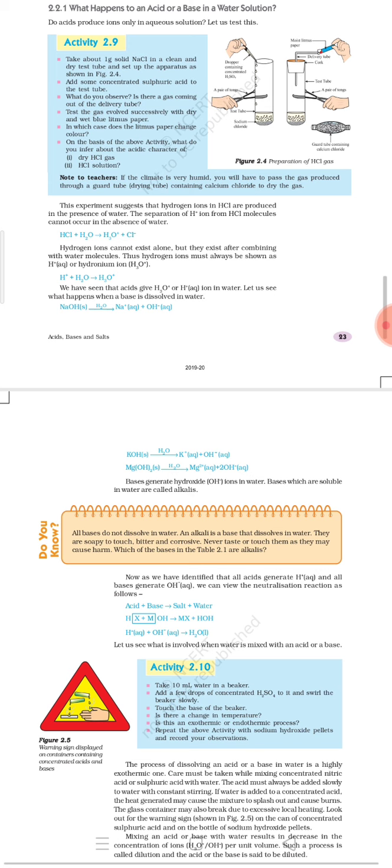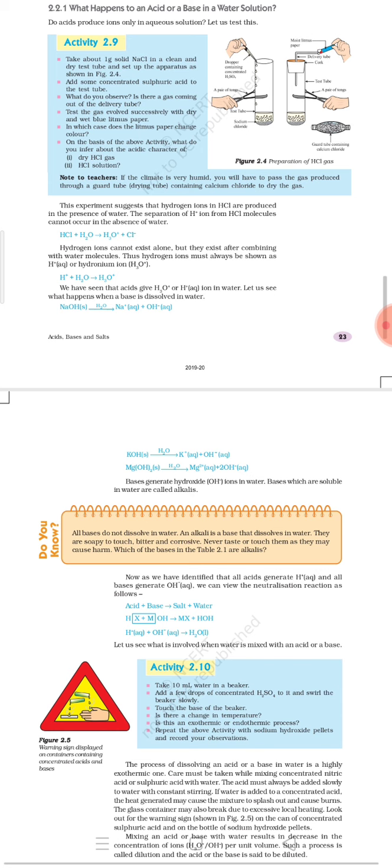Let us take one example, although it is not given here. For acid let us take HCl and for base let us take NaOH. If you dissolve HCl in water, you get H plus and Cl minus as the ions, whereas if you dissolve NaOH in water, you get Na plus and OH minus as the ions. So how is water formed? When H plus of the acid and OH minus of the base combine, you get H2O as the product. How to form the salt? What ions are left? The ions left are Na plus of the base, which is the cation, and Cl minus of the acid, which is the anion. When these two combine, you get salt.